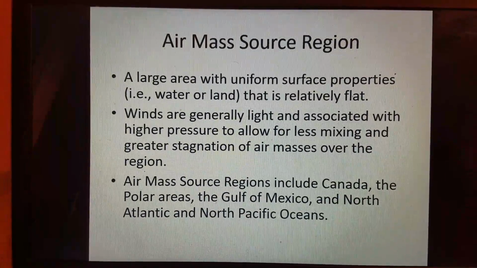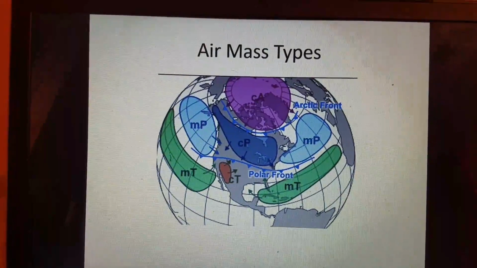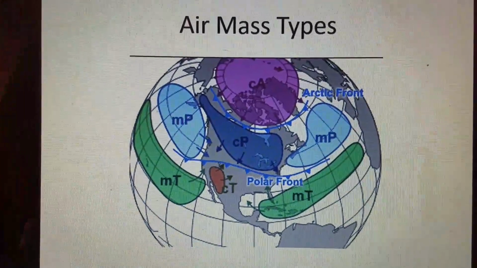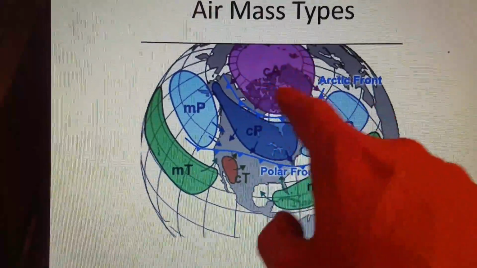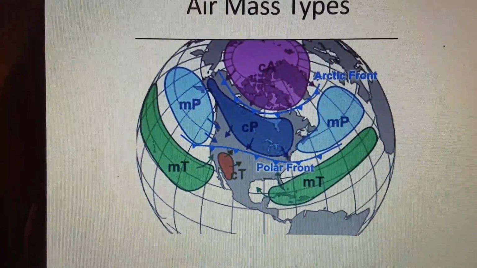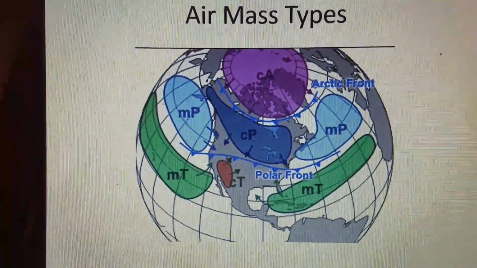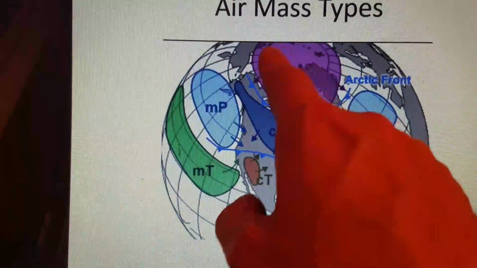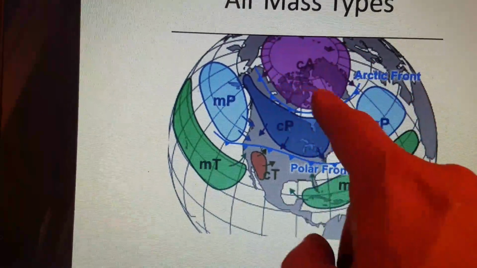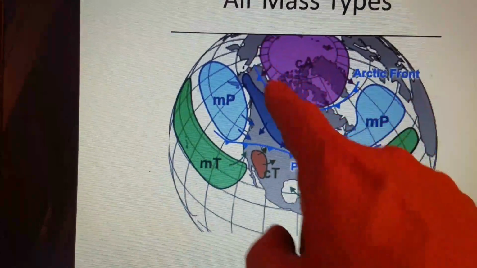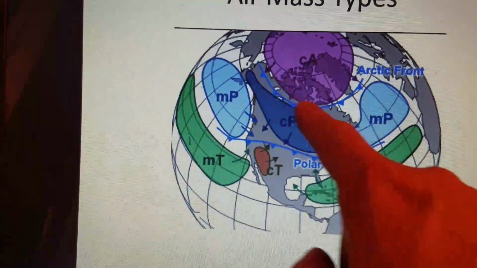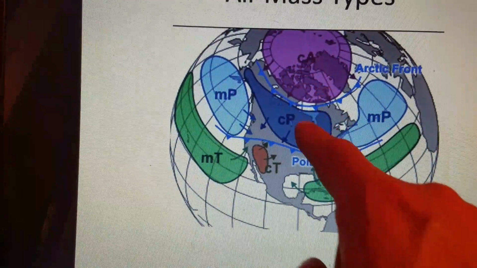source regions. Right, so here's a map, a picture showing you air mass types, and wherever you see their location, whatever their location is, that's the air mass source regions. So basically air mass source regions is where these air masses form. Okay, so you have continental Arctic air, which is situated well over to the north of Scandinavian countries and over the North Pole. Okay, then you have an Arctic front that separates the continental Arctic air from the continental polar